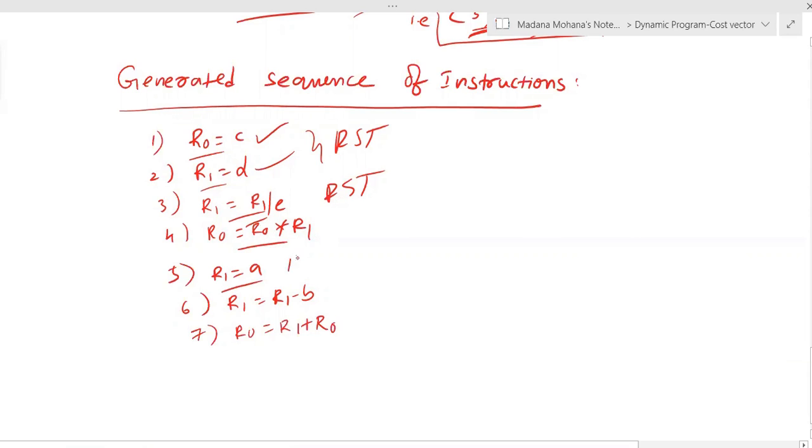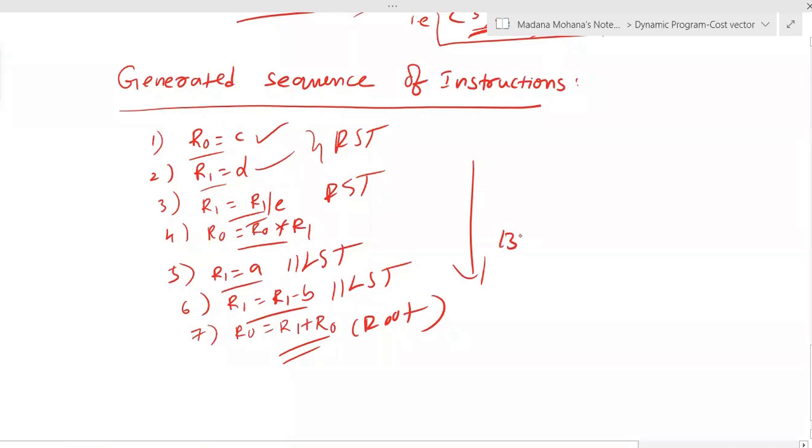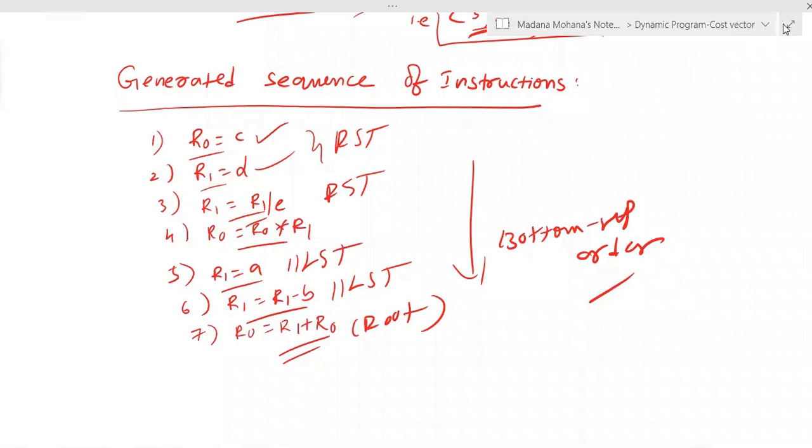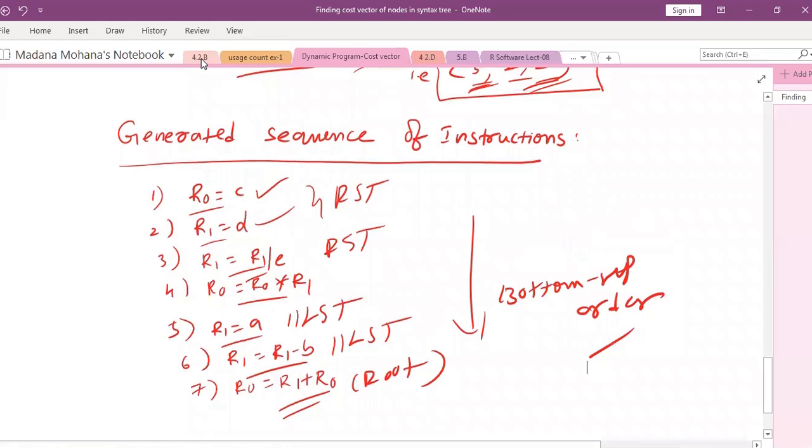Then R1 equal to A. This is left subtree. R1 equal to R1 minus B, left subtree. Then R0 equal to R1 plus R0. This is the root. So in bottom-up order, leaves to root. Now these are all the target instructions for generating a target code.